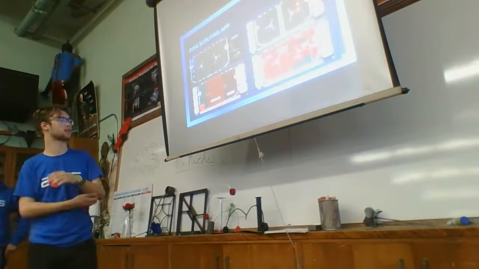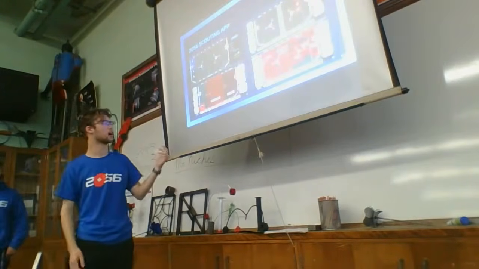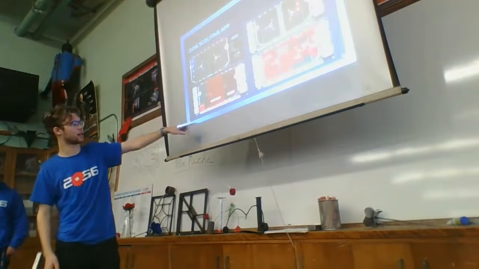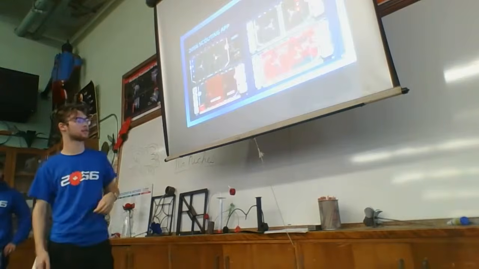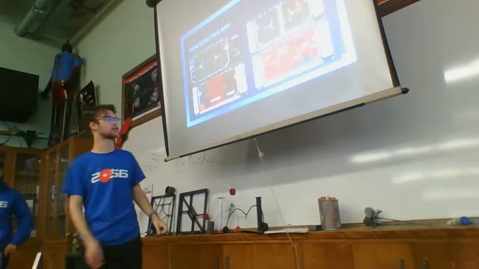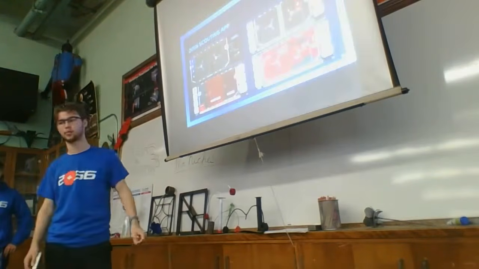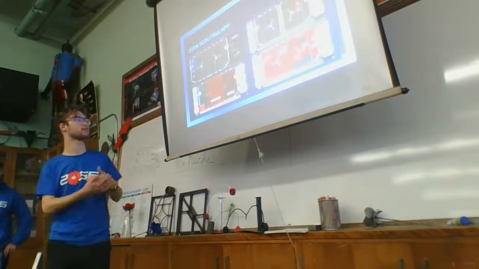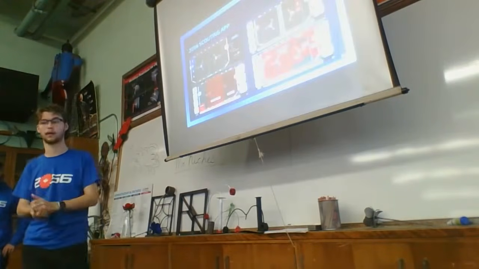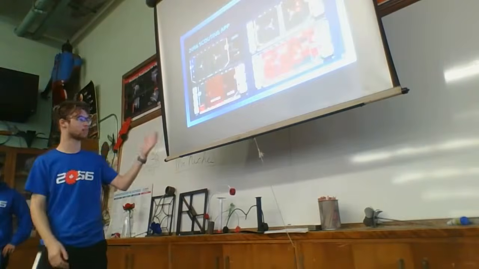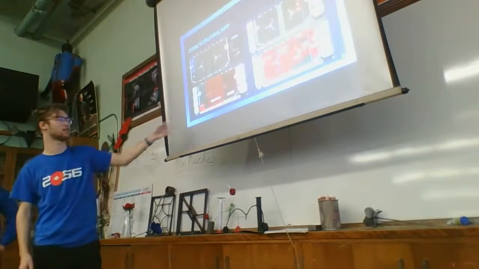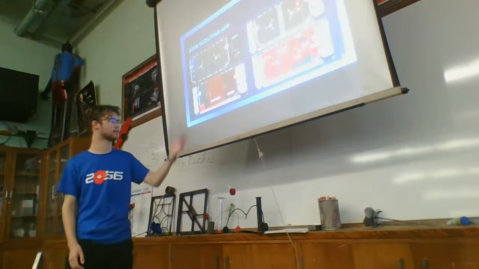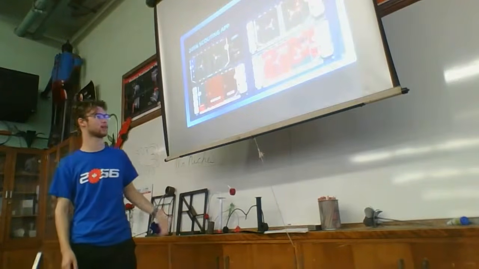Then we have midfield. Let's say a robot is getting defended in the source. They can't get out to the midfield, so they just shoot a note over so that their alliance partners can grab it in the midfield. That's an example of a note that could end up there, and to track it, you just click in the midfield. And then the easiest and most common place to get notes is the source, and our button for that is right on the source.